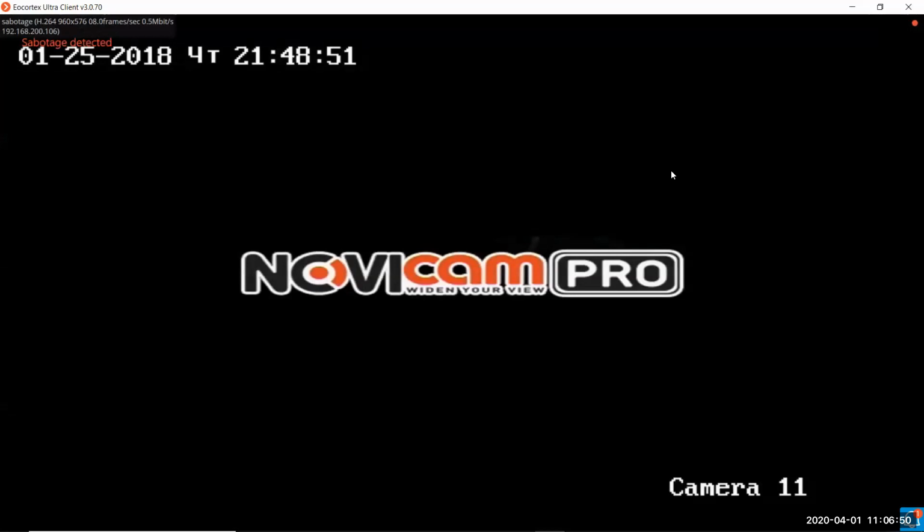The Sabotage module is a pretty simple one. It uses the motion detector to detect the disposal of the camera, the coverage, or also if the camera is being overlightened. You can see right now the camera will overload, and we will see how the module works. This module allows us to get an immediate notification if something went wrong with the camera.